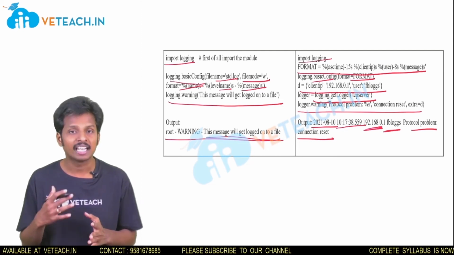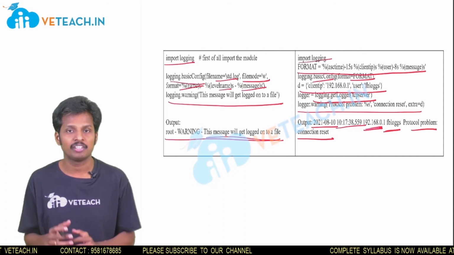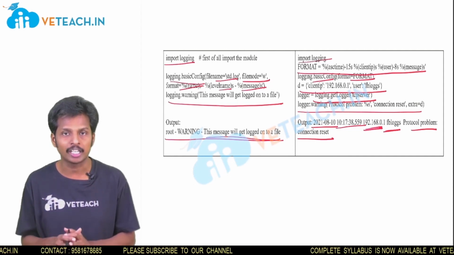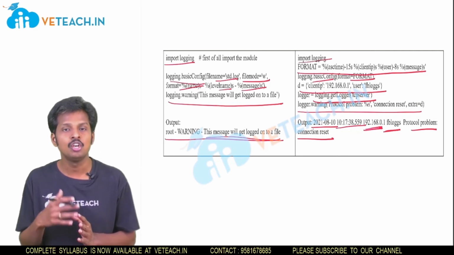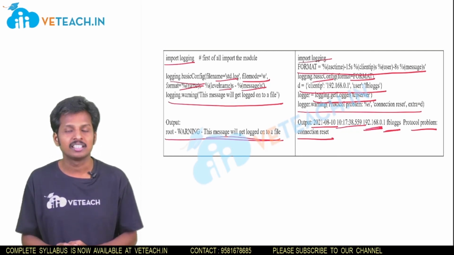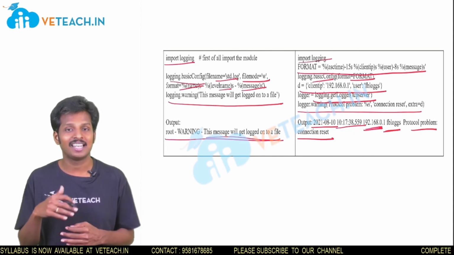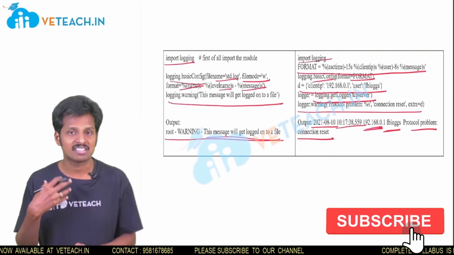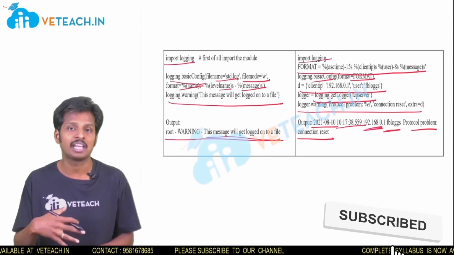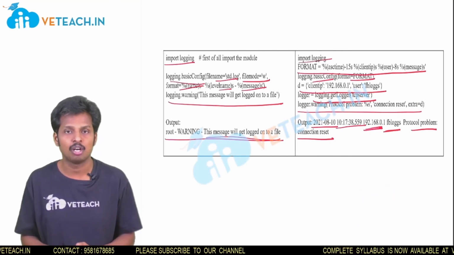So this is how we can work with log files in Python, writing log files in Python. We have a predefined module known as logging, which contains different classes and functions to work with logging. There are different functions like setLevel, getChild, isEnabledFor and debug messages, and basicConfig is used to construct a file which is used to save the warning messages to the files. This is how we can work with log files in Python.